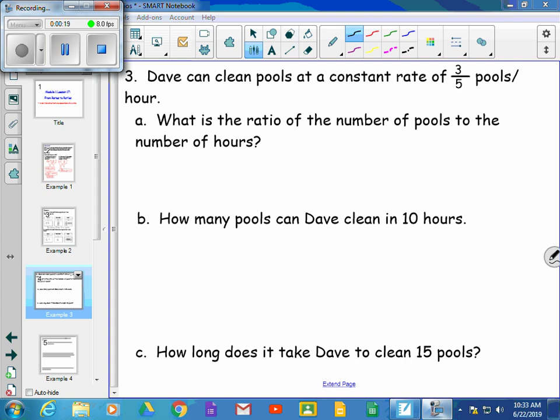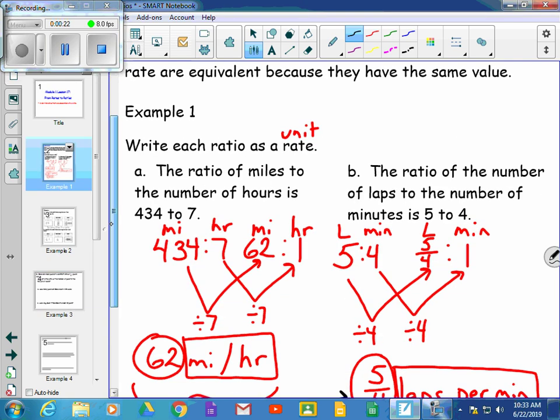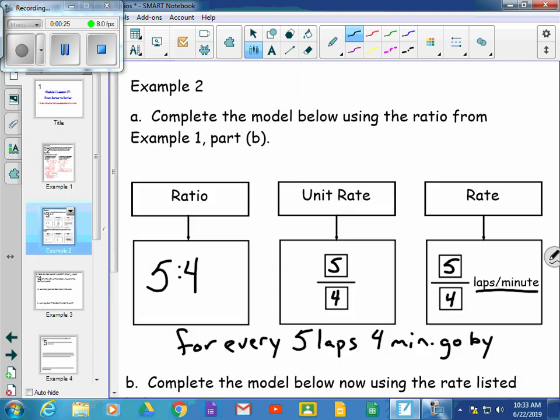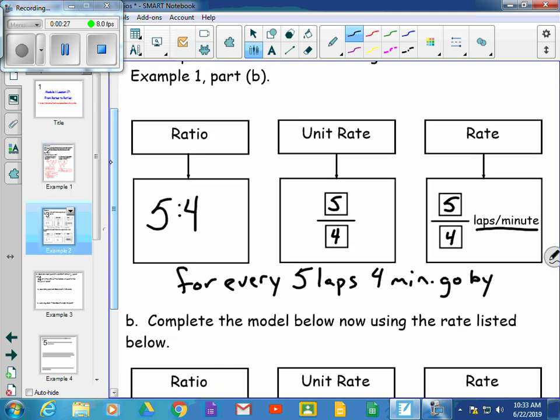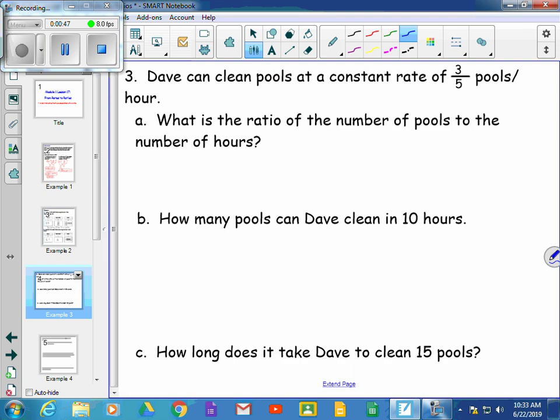Well, if we look back into our example 1, matter of fact, example 2, look at this one right here. This is similar to what we have in our example 3. We said the rate was 5/4 laps per minute. And the ratio that was associated with it was 5:4, meaning for every 5 laps, 4 minutes go by. So if we apply that to this example, 3/5 of a pool per hour tells us that